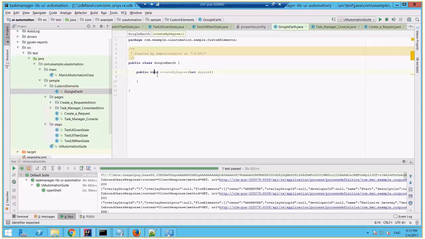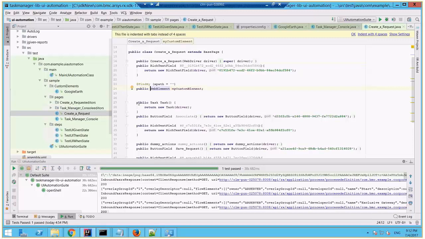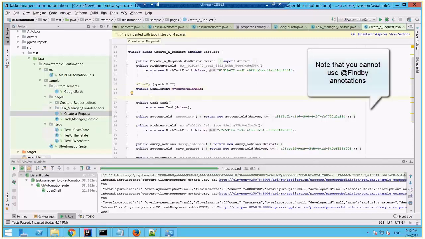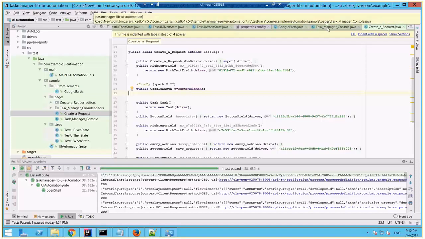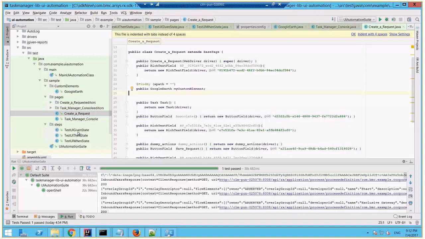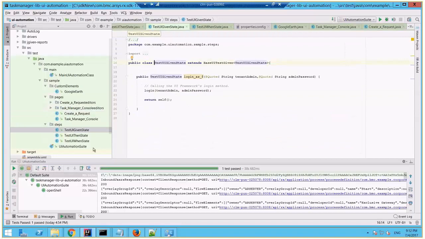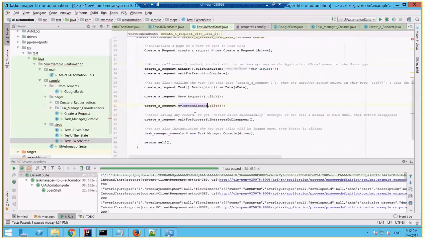I can have my description written here the way I choose to. I can fill in with all the details. Okay, and then when I come here in the create a request, I can call that, right? I mean, instead of public, I can make it a Google Earth, right? And then in my final script writing, I can say